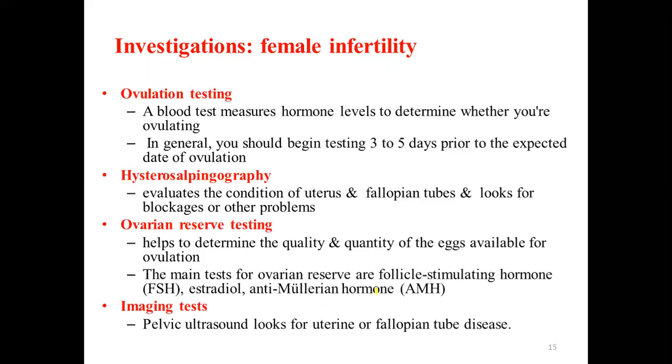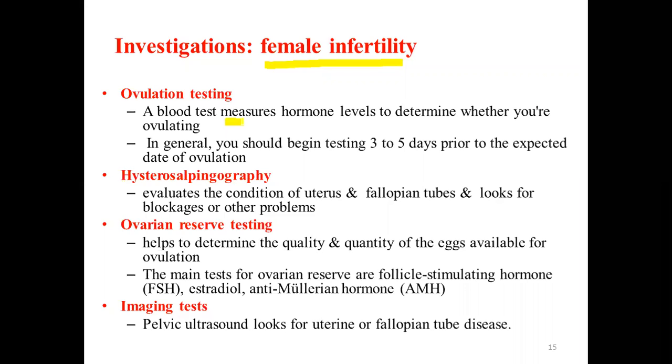So those are the investigation parameters we are going to consider to assess whether a male is fertile or not. Then, when you look at the investigation parameters to assess female infertility, the first one is ovulation testing. In fact, it is very hard to know the exact time of ovulation, so this is just an estimation. This refers to a blood test. It can even be a urine test to measure the hormone level